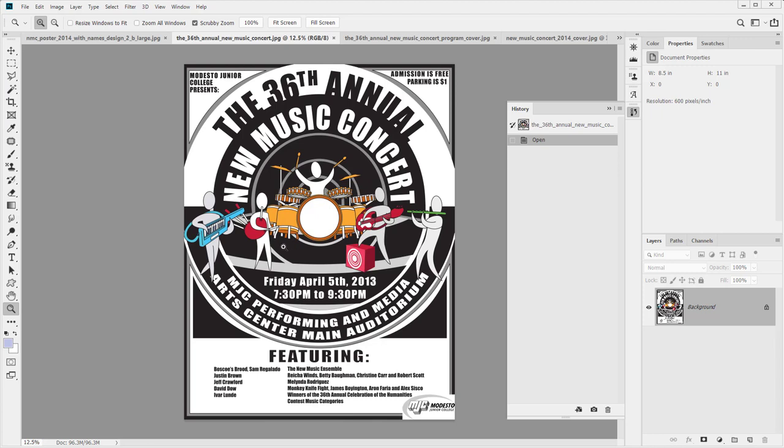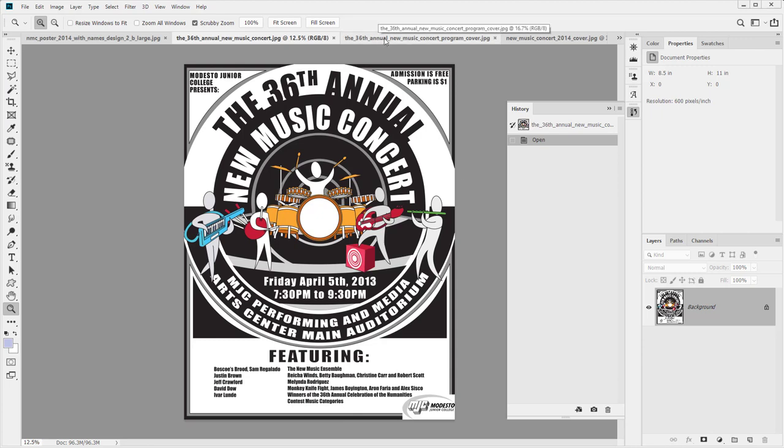These are just some posters that I put together for the 36th and 37th Annual New Music Concert. And of course, since I did the posters, I was asked to do the program covers. They usually go hand in hand. Sometimes they don't because different printing companies will be used, but if you're called on to do it, you'll know what to do. So for the 36th Annual New Music Concert,